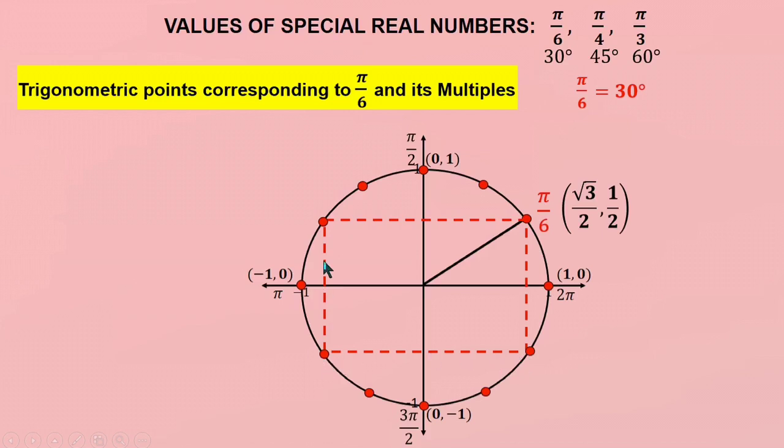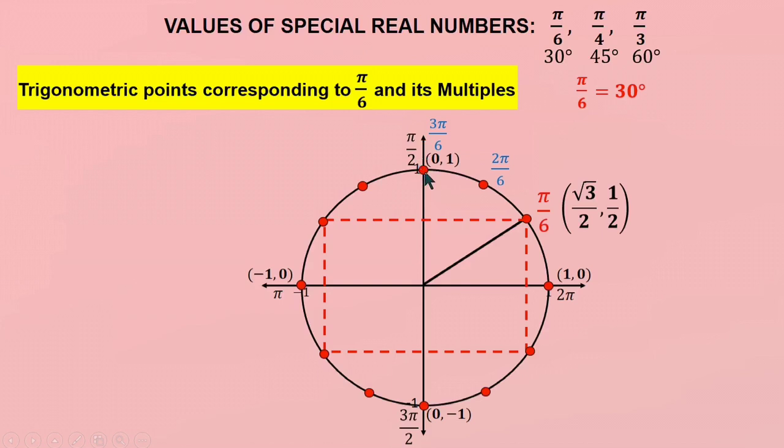These multiples have the same coordinates with pi over 6 that only differ in sign. But before that, we need to identify what these points are. The reason why we divided the circle into 12 parts is because this will determine what the points are. If this is 1 pi over 6, this point is 2 pi over 6, or 1 pi over 3, in lowest form. Next, this point is 3 pi over 6, or pi over 2 in lowest term, which is